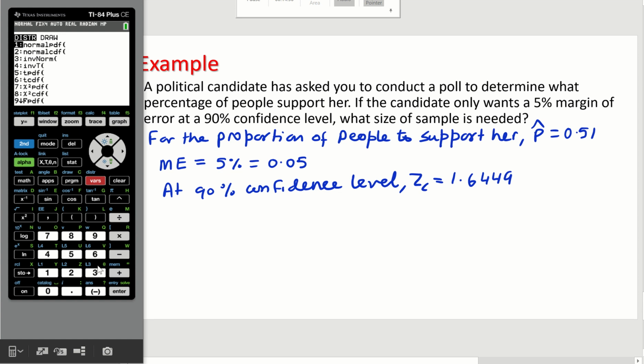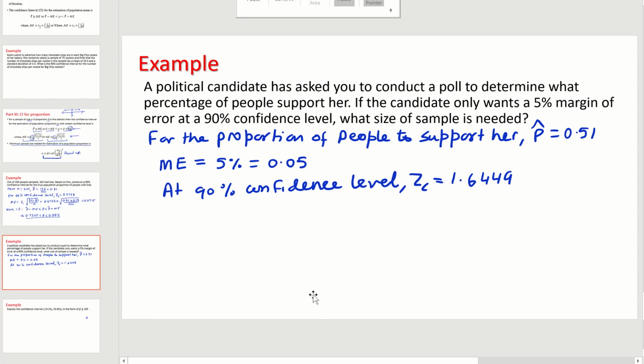Second vars. Then number 3, it's 90%, so this area must be 0.9, mean 0, standard deviation 1, that's in the center. Then paste, you'll see it is 1.6449. Okay, so once we have all this, we can find the sample size for the required proportion and the